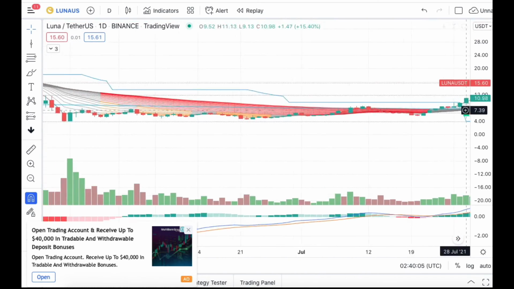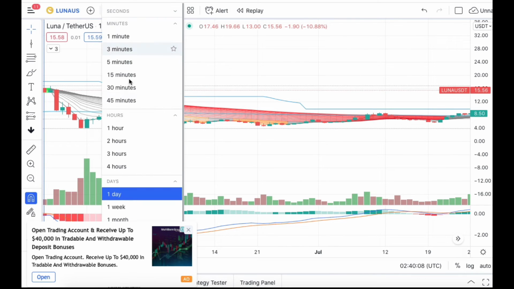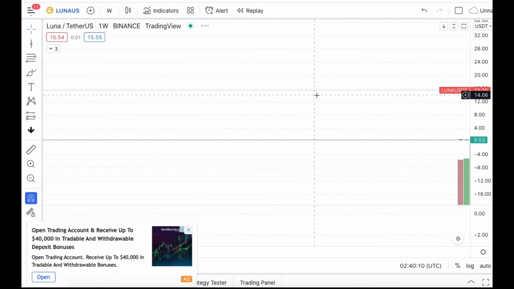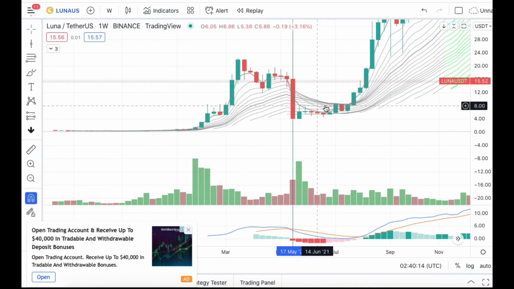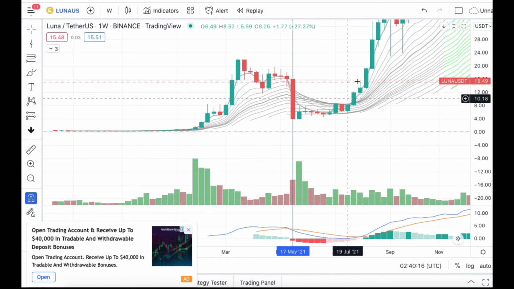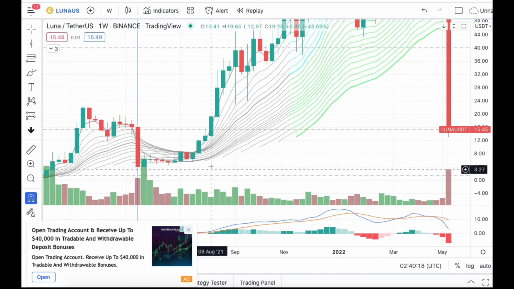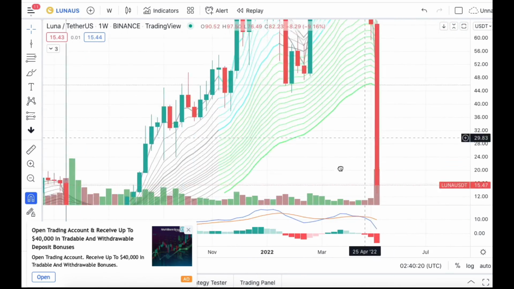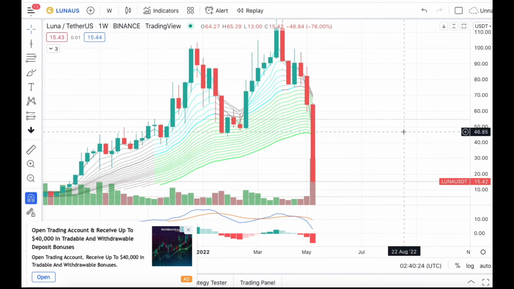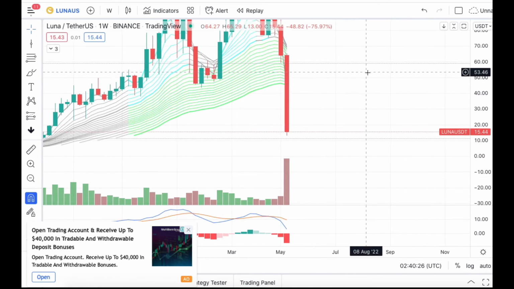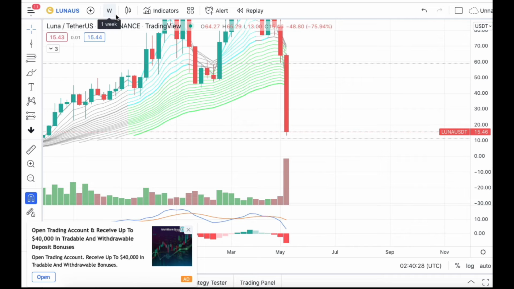But you will only really see that spring point if we went back out to the week, and then we can see that spring point being somewhere around here. That's when the spring really started, and then massive accumulation that just went all the way until where it is right now. Okay, so I'm doing all this in this video not to say, hey, buy Luna right now, but